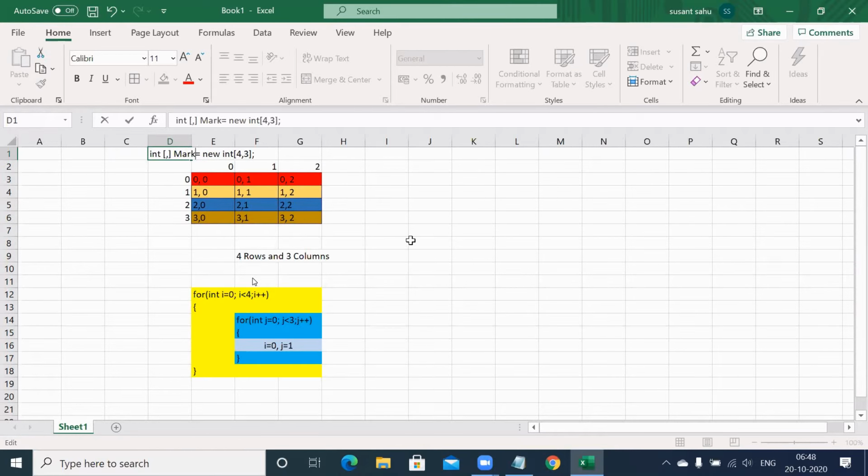So I said marks, assuming I don't allow decimal marks like 90.57, etc. I want to allow 90, I want to allow 91, but not 91.5. So I took integer. If by chance you say I will allow 90.5, 92.7, then instead of integer you have to take decimal, that you already know in single dimension array also.